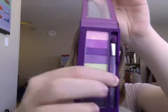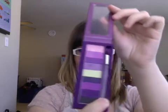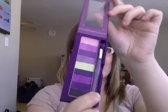And this is the Fashionista one, and it has these beautiful purples that you would think would be super pigmented and rich, but lo and behold, they are not pigmented, and that is very upsetting, and some of the shades are really, really sheer. And some of them you can kind of build up, but especially when I don't have a lot of time in the morning, I do not want to fiddle with having to put 7 layers of an eyeshadow